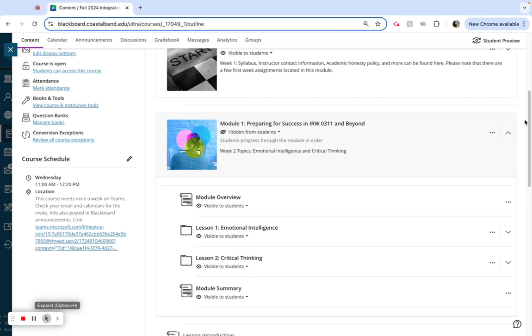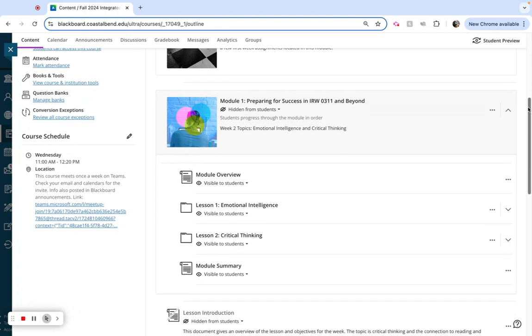So you have had another module before, right? We have done the start here where we're getting familiar with everything, and we call that module 0. It's a starting point. But here's where we're going to start getting into the content and preparing you for success in IRW. So we will discuss this in much more depth during our class meeting, but this is just a quick little video to touch base with you and kind of show you around and what's going on in our